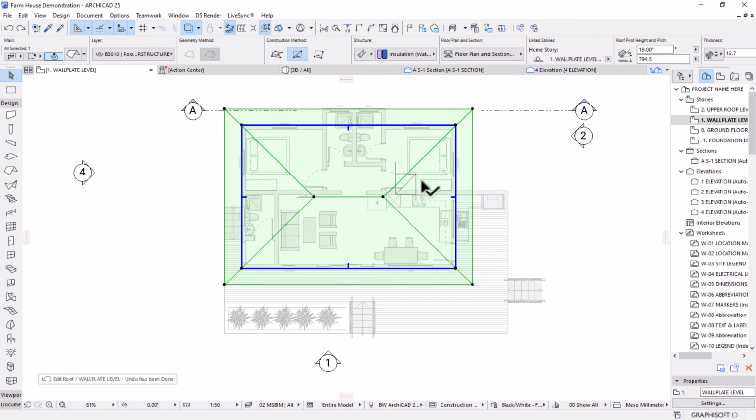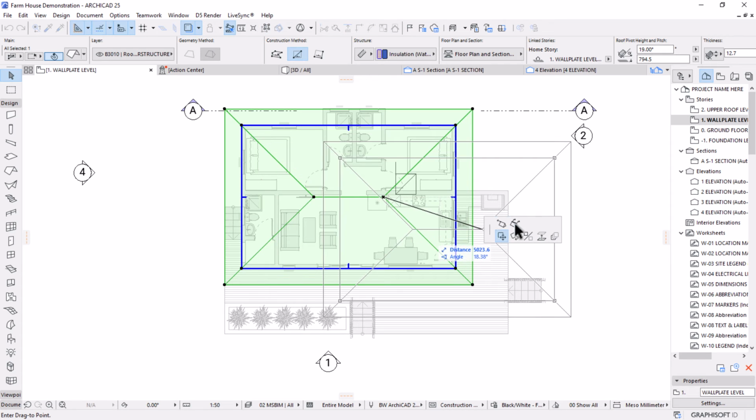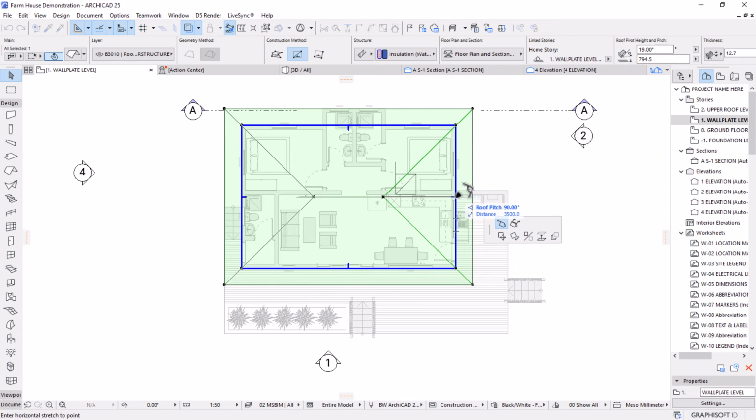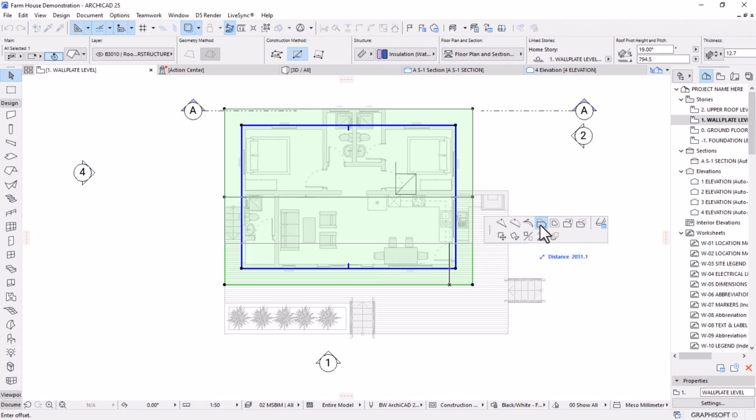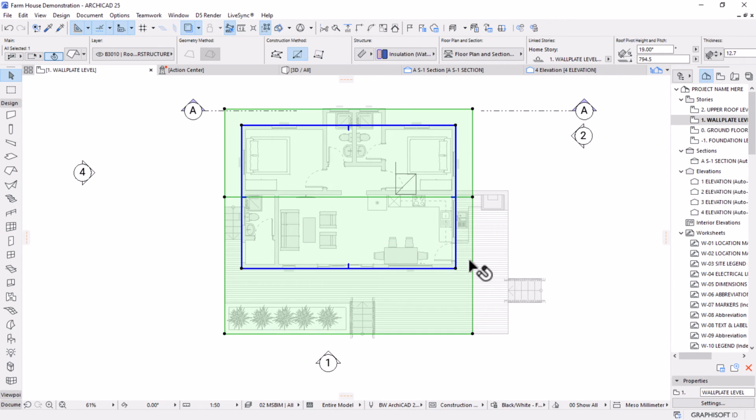Let's say undo. That's not what I intended. Let's pick the point here first and change the horizontal ridge all the way to the blue reference line. I'll do the same to this area as well. And on this side, I'm gonna stretch it all the way by picking the edge and then activate the offset edge. I'll offset it all the way to here. Same applies to this one, all the way to there. I can increase this by maybe 200,